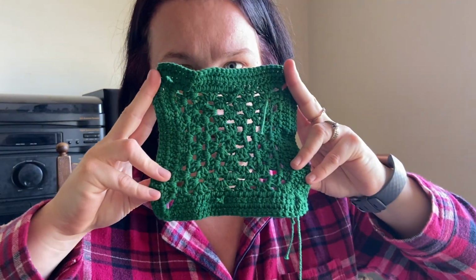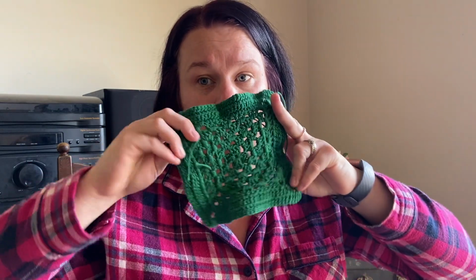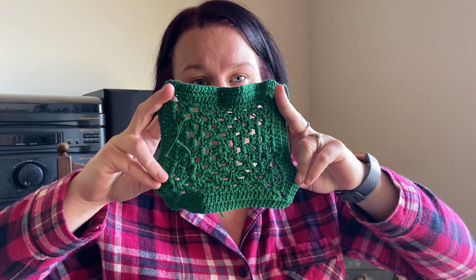And I haven't blocked it yet. And I did it in Patterns 8-ply blend cotton, and I don't know the color, so I'm sorry, I don't know if it's green in there as well. Then I've got